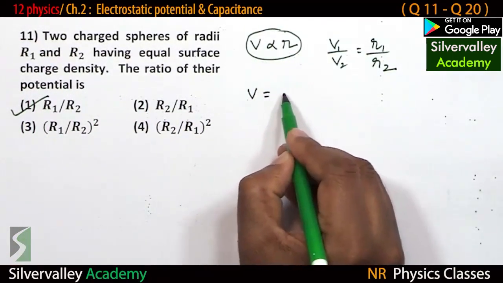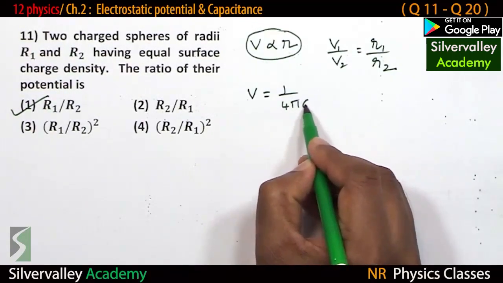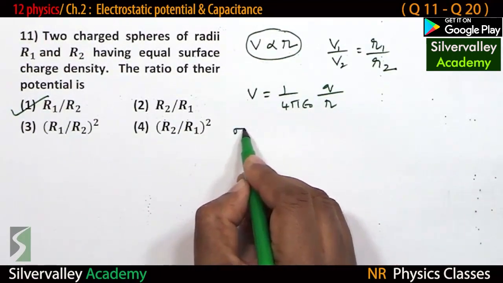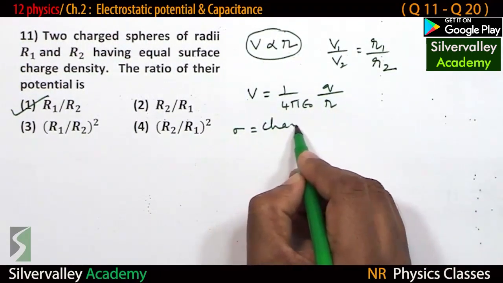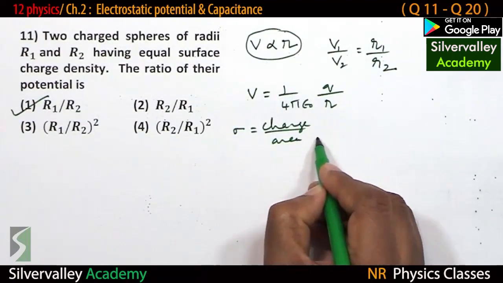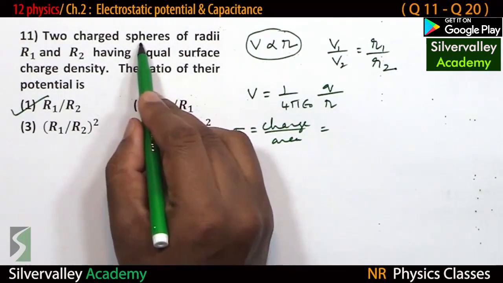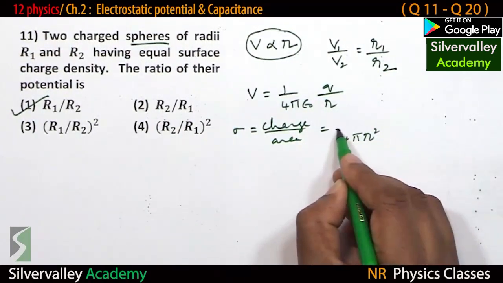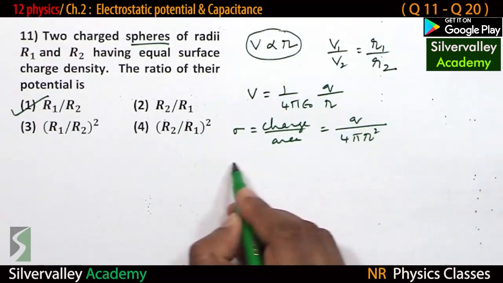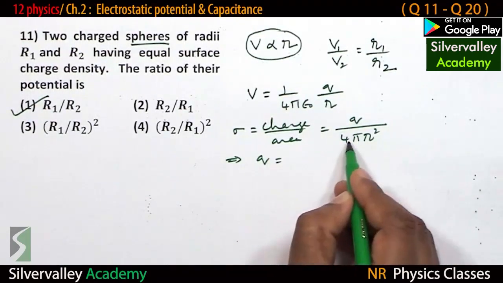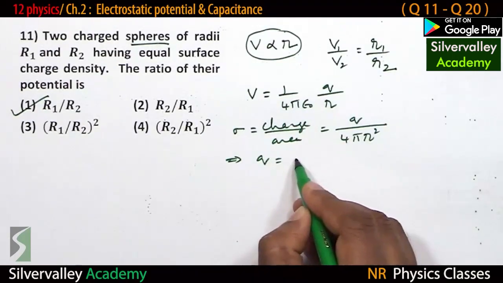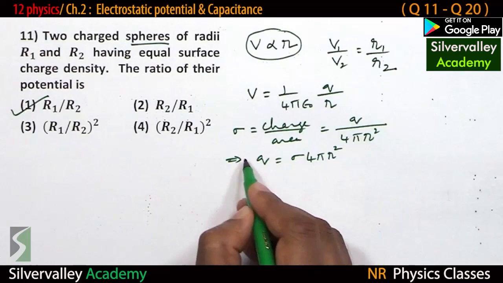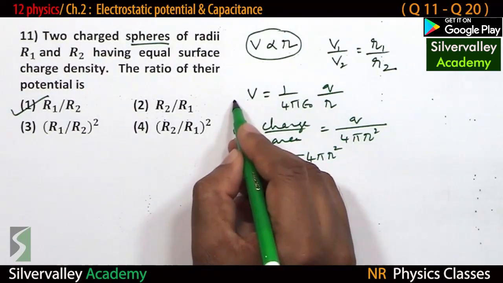So potential is 1 by 4 pi epsilon naught into Q by R, isn't it? And surface charge density is charge by area. Sphere. So area of sphere is 4 pi r square. Charge is Q. This implies that charge equal to 4 pi r square into sigma. Okay. So this in this equation gives